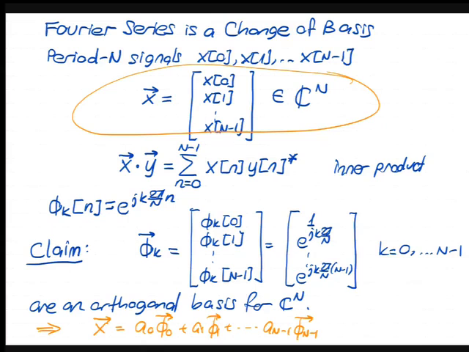So let me show this orthogonality property. Actually, I did show it to you. I didn't tell you this is orthogonality. One of you saw it and said, is this not orthogonality? Yes, it is, and you'll see why now. So take any k and m. So phi k, inner product phi m. What is that equal to?